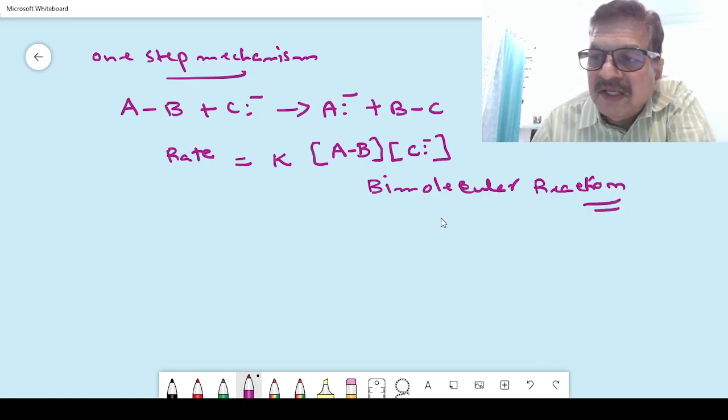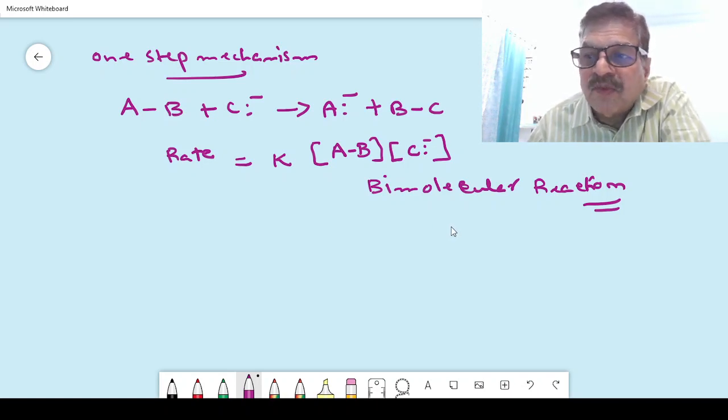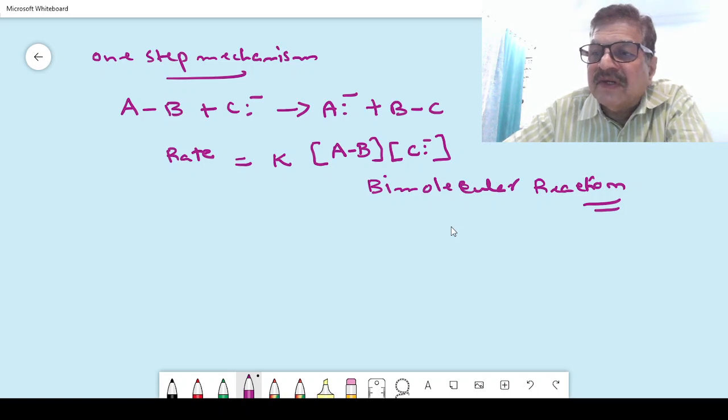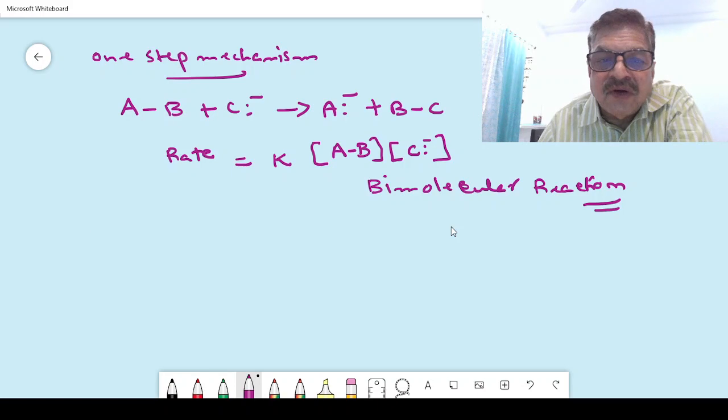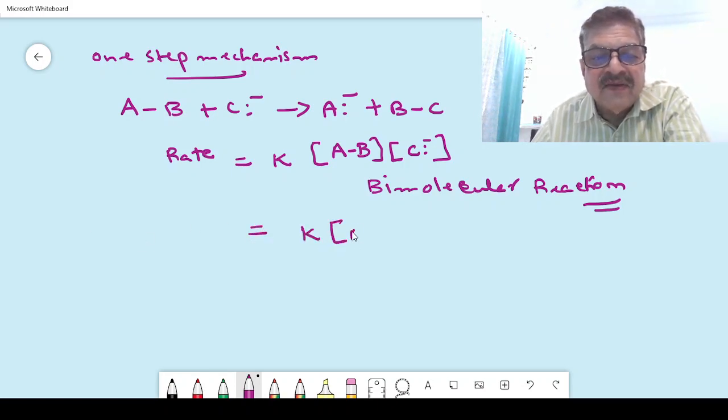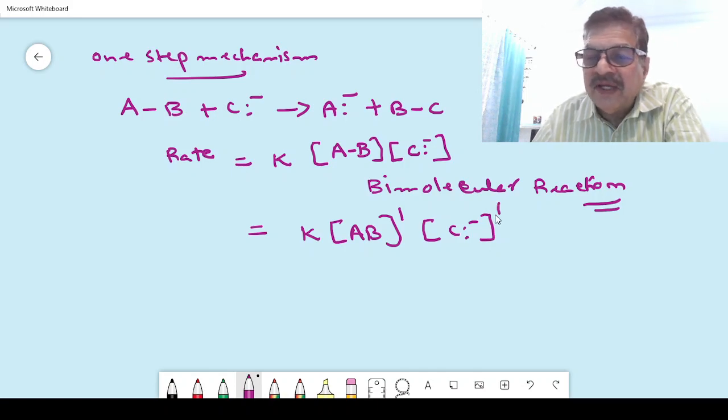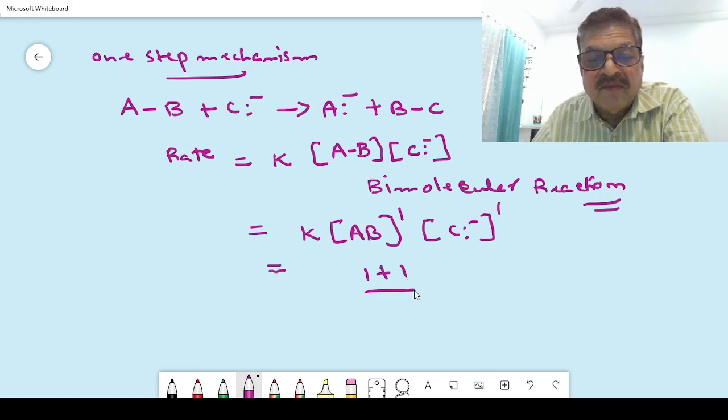Now, what will be the order of the kinetics here? That is, we will be seeing the sum of the exponents of the concentration terms here. These reactions are bimolecular. Now, what is the order of the kinetics here? The rate is K, AB, and the exponent is 1. And C minus, the exponent is 1 here. Therefore, the order of the kinetics will be 1 plus 1, that is the sum of the exponents. That is 2. Therefore, it is a second order reaction